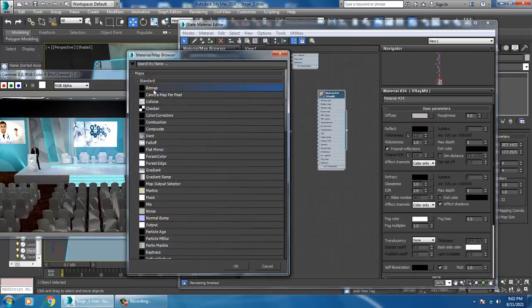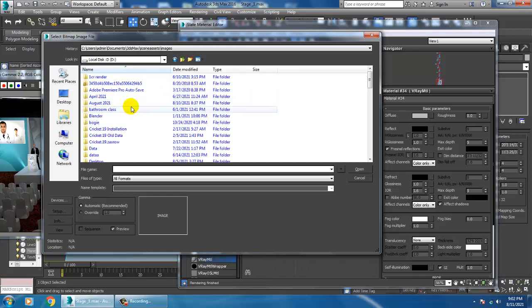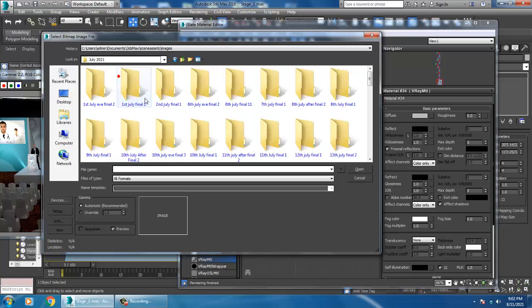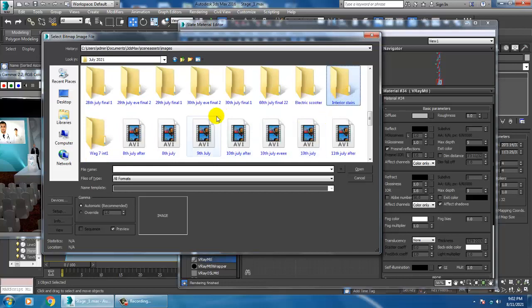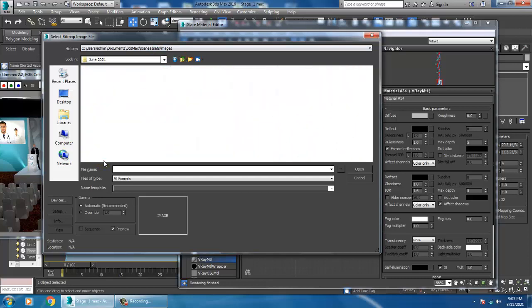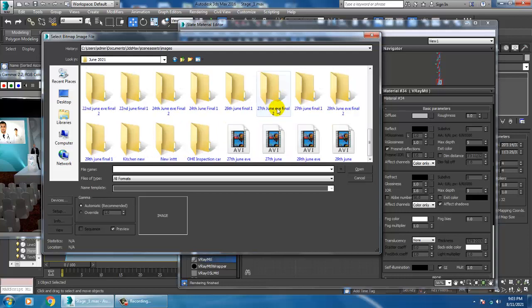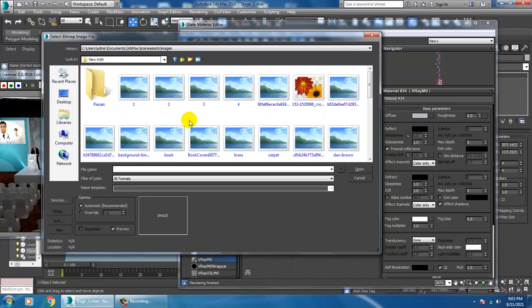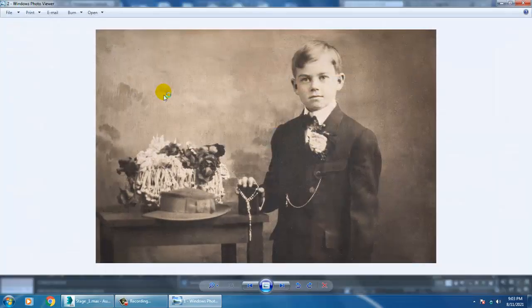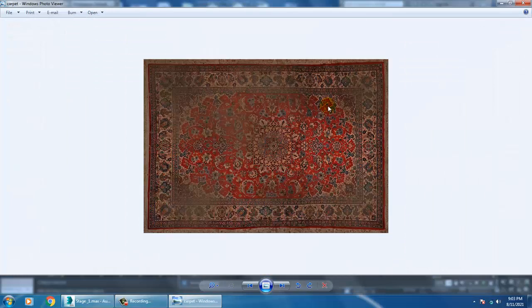So if you have any kind of a texture over here, I'll just take this texture.